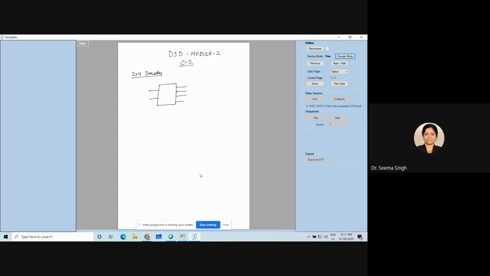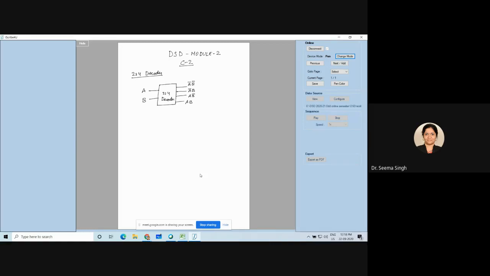Okay, now this is your 2:4 decoder, right? And I asked you to make the input as A and B, right? Then you told me why not y0, y1, y2, y3 will be the output. Anyway, I will directly write what each one is. First one will be A bar B bar. I hope you remember yesterday's class. A bar B, then A B bar, and then AB.